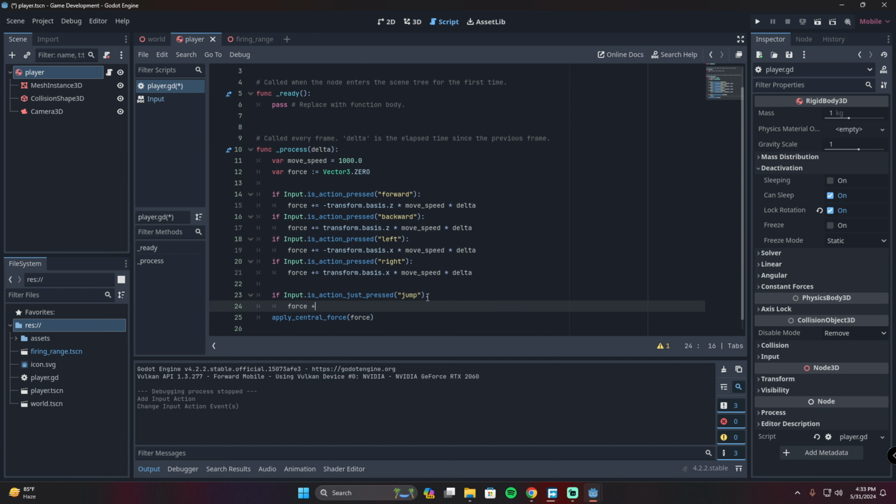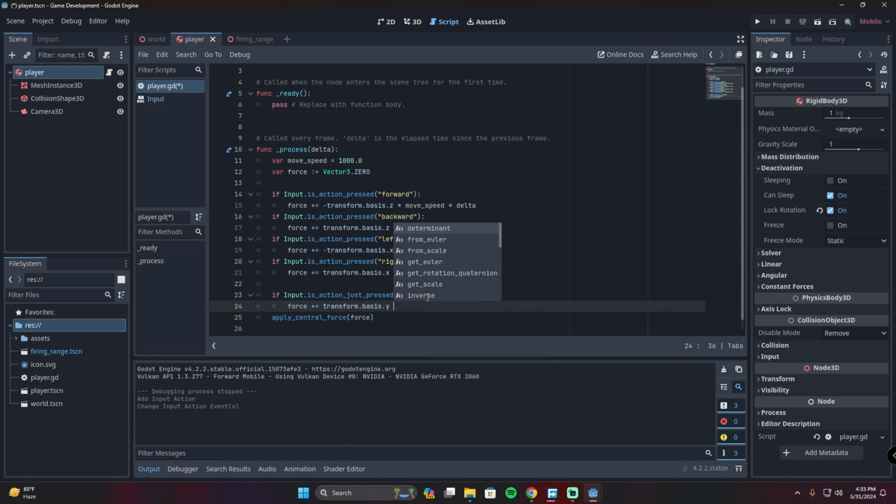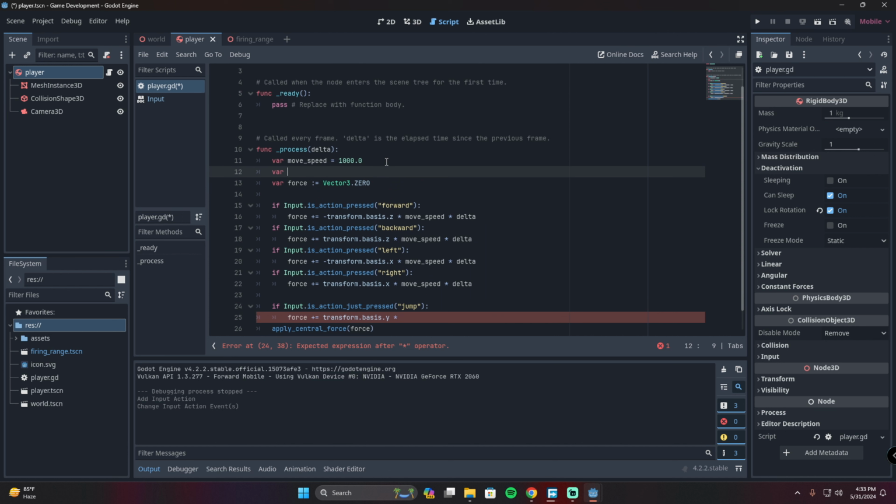So we assign it a calculation of transform basis, and I want to jump, and we jump vertically, correct? So we use the y coordinate, and I'm going to multiply it by a jump strength of